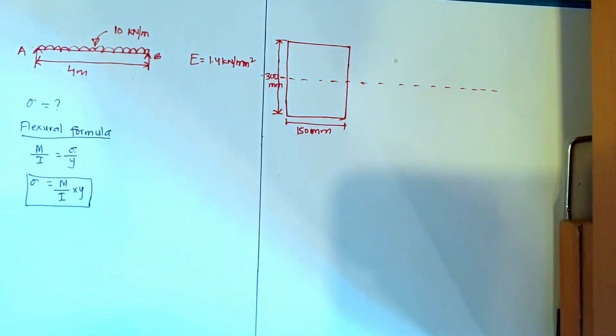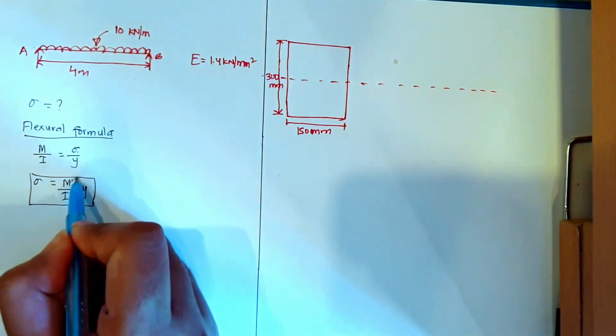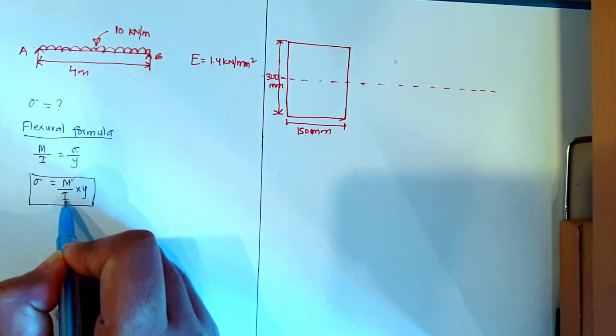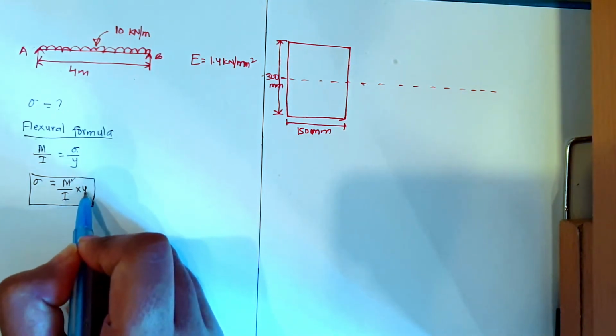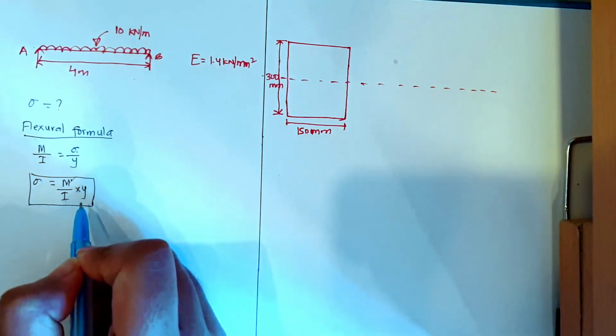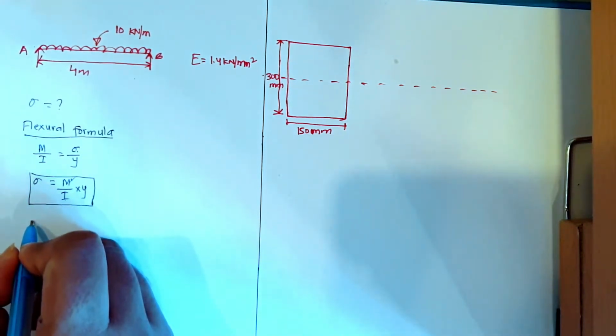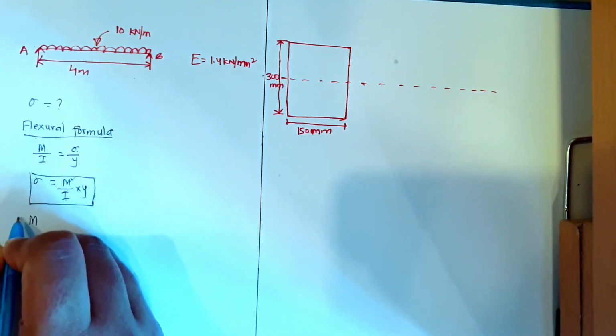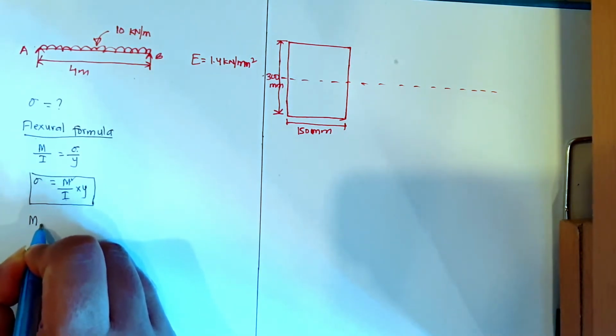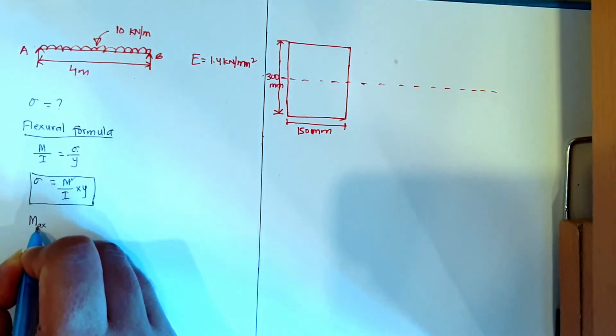right? Now here what all do we need to find? We need to find moment. We need to find maximum bending moment, then we need to find moment of inertia, then we need to find y, which is depth, right? So let us start by finding the maximum moment. This is the bending moment. Okay, so maximum bending moment